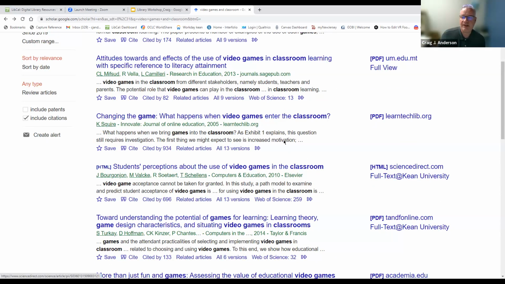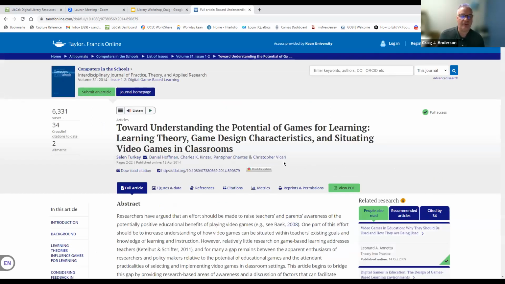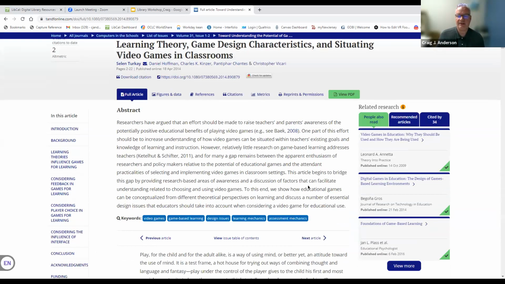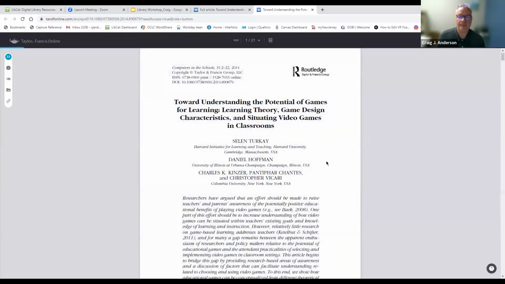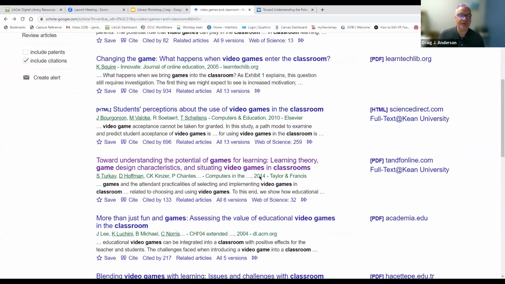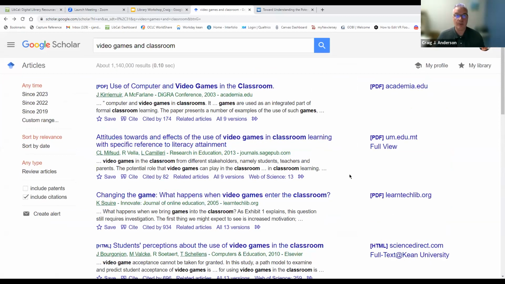We can just click on one of these and it will take us, this one took us to Taylor and Francis Online, and it's got the full article right here. And there's the PDF. So that's one of the ways that you can make Google Scholar work for you and include more options by identifying yourself as a Kean student.